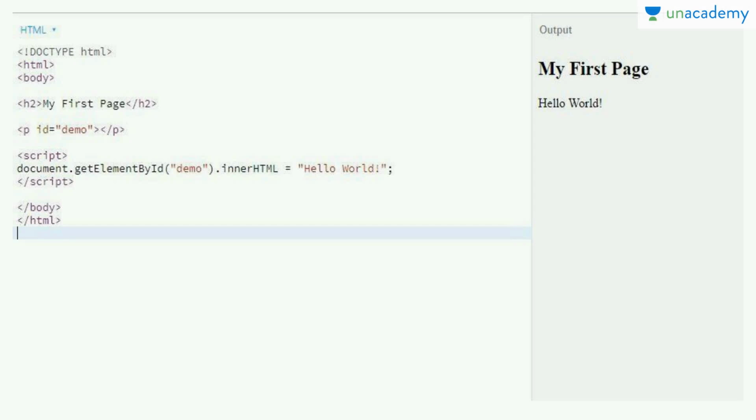So let's see. Now this is the very basic example. On the left hand side, firstly I will explain to you the DOM structure. Firstly we have the HTML element, that is the root element. Then we have the body element, and in the body element is the second element.